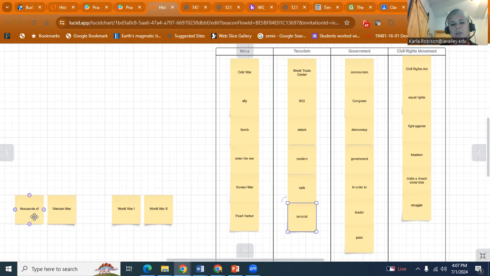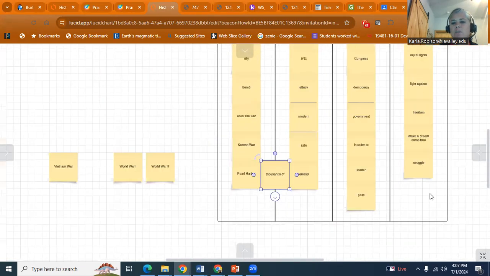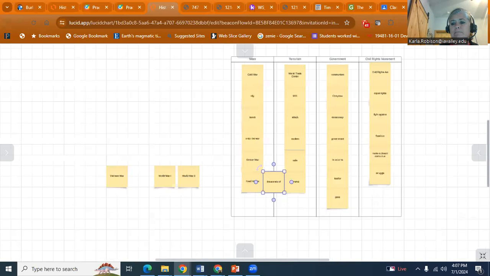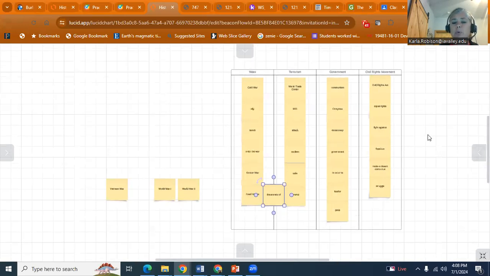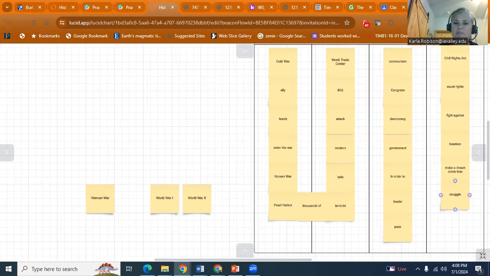Thousands of, and again, I could put this under war or I could put it under terrorism. So thousands of people died. Either one works, so I'll just put it in the middle there. Thousands of is usually referring to a group of people or objects or anything. Thousands of something. Vietnam is when we were also again part of another person's civil war in Vietnam and